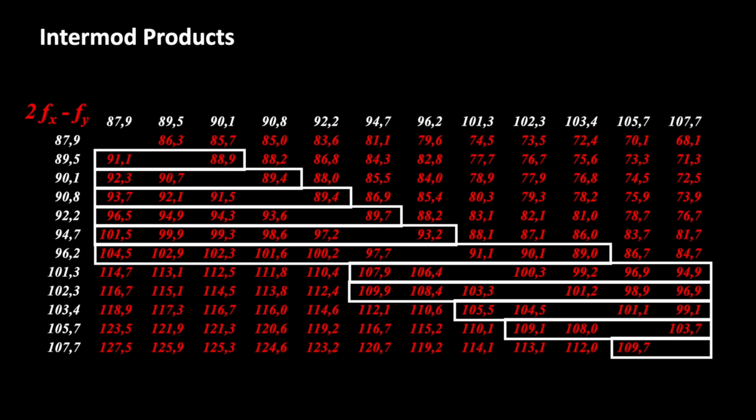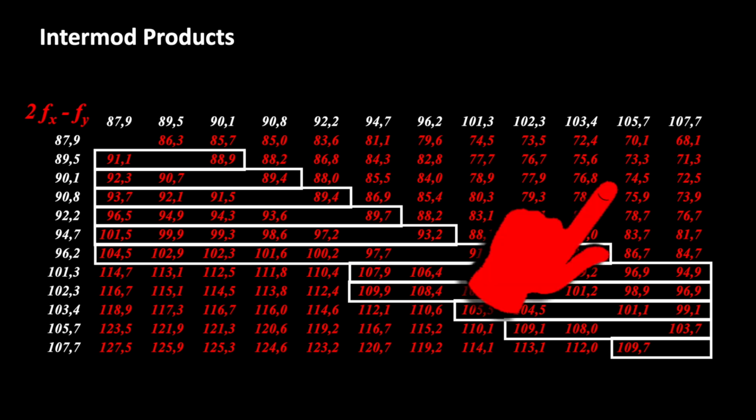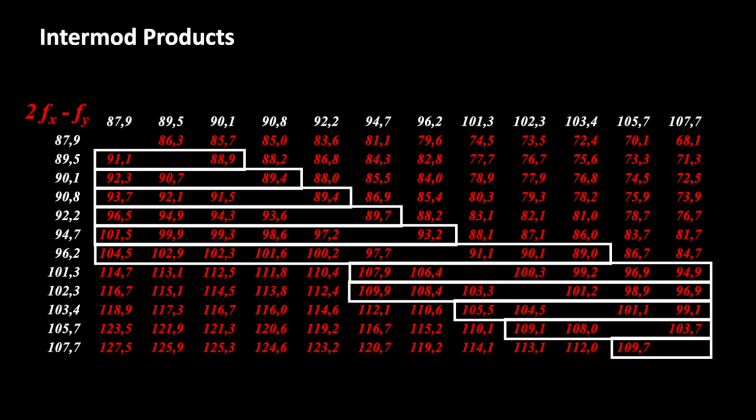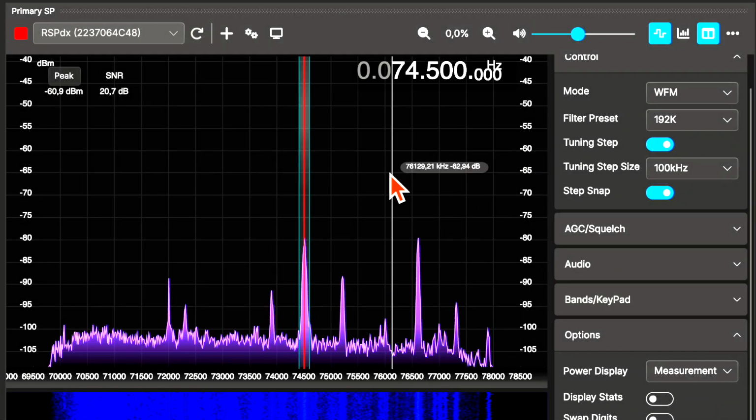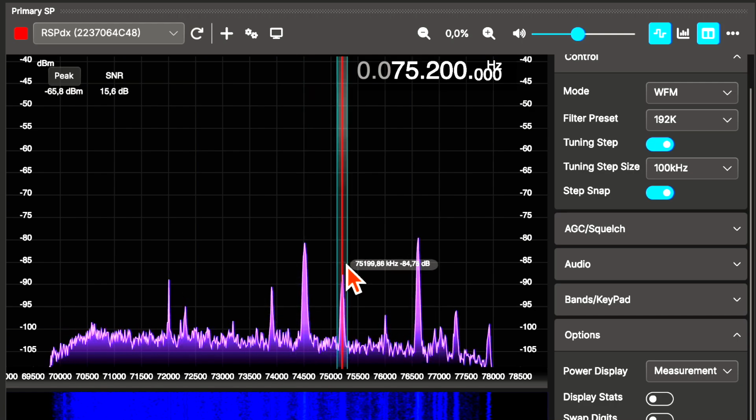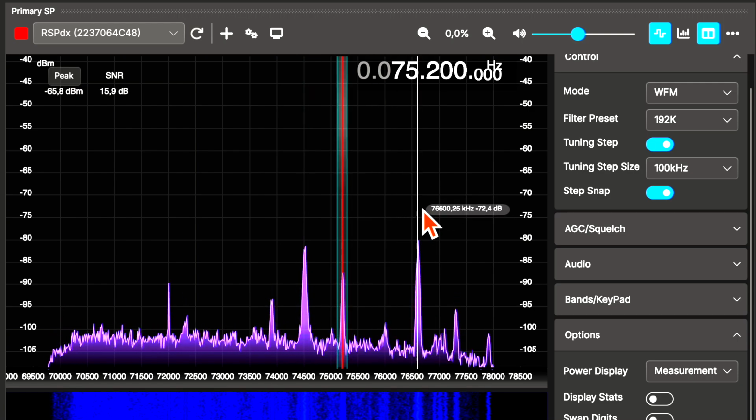The products outside the FM broadcast band are actually more interesting for our experiment. I want to look at the 70 MHz frequency range, as there is little activity otherwise on this frequency band. In this case, we have to consider FM stations as out-of-band interferers, and intermodulation is occurring on stronger signals only. Nevertheless, we can find the predicted intermod signals as soon as we turn up the RF gain.